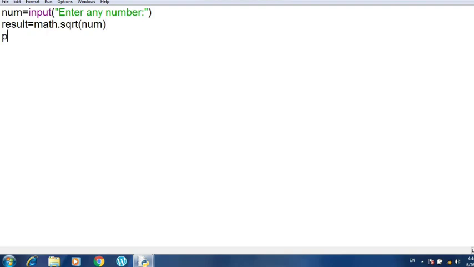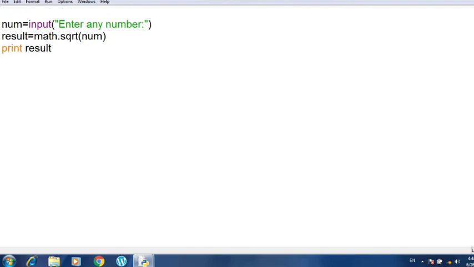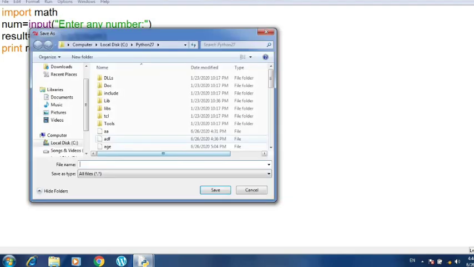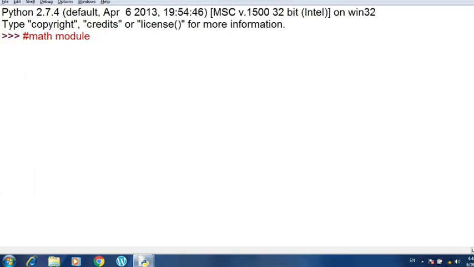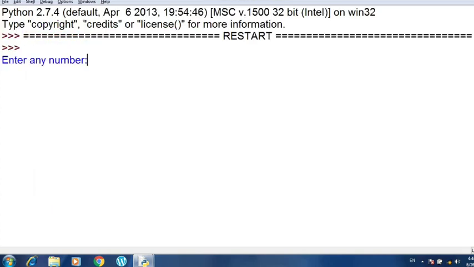So this is how it will work. However, for using this math.sqrt function of the math module, which is already defined in the Python standard library, I have to import this math module. So you have to write a simple line, import math. Only this word you have to write. Now save the program, execute it, and you can see the answer. Enter any number. Suppose I have written 9, so it will give you the answer 3.0. The square root of 9 is 3.0.